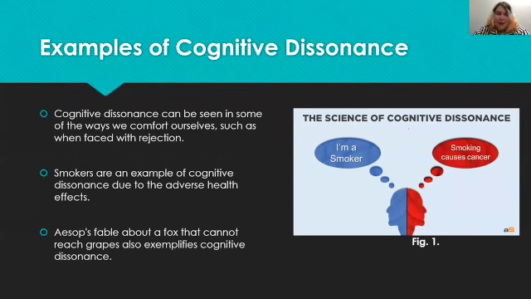Now, for examples of cognitive dissonance. Cases of cognitive dissonance can be seen in action in some of the typical ways we comfort ourselves, such as when facing rejection. For example, if you don't get into medical school, you might change your thought pattern and think, I didn't want to go to medical school anyways. Another example of cognitive dissonance can be seen in people who smoke. People who smoke, when confronted with the information that smoking causes cancer and heart disease and other health effects,